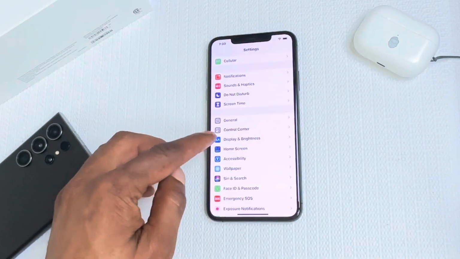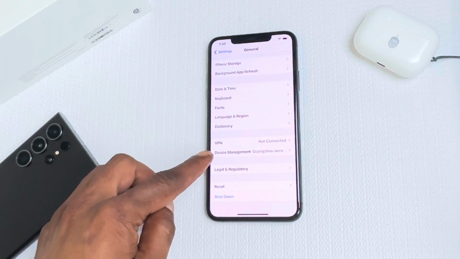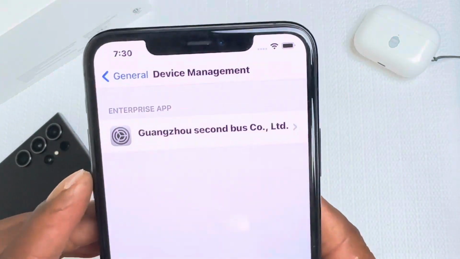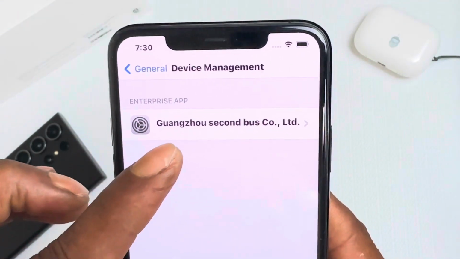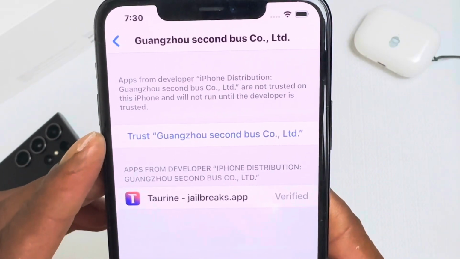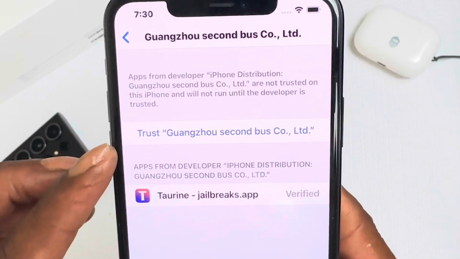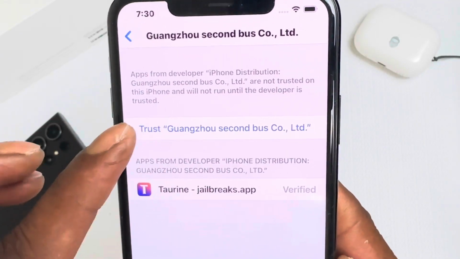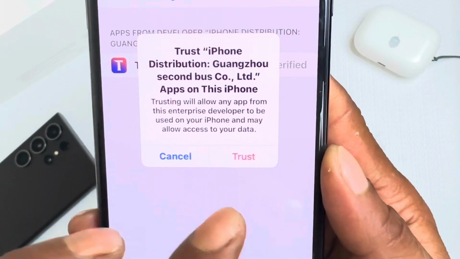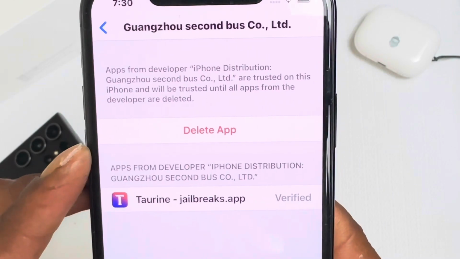open up your settings, go to General, and then go all the way down until you see Device Management. Click on Device Management, and that's when you're going to see this right here. You want to click on that option, and from here it will take you to this page. On this page, it will ask you to trust this application. So what do you want to do? You want to hit where it says trust right here, and then it will pop up this small window, and it just wants you to verify again. You want to hit trust again, and as we can see right there, where it said trust, it now says delete